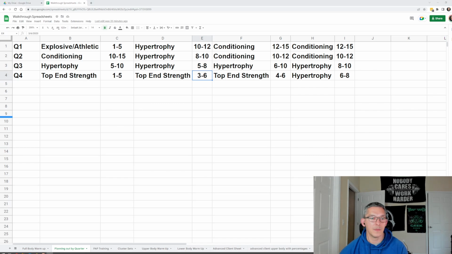And again, you can have your overall training year planned out for your most advanced clients, and you don't really have to get super granular with your new and average clients and even some of your intermediate clients, but it's going to be very helpful for those advanced clients because again, we're targeting specific adaptations. But your average clients can still take advantage of this.